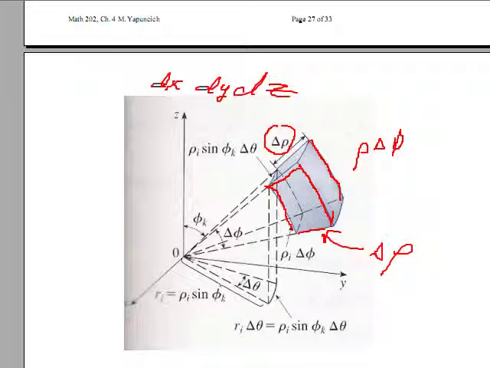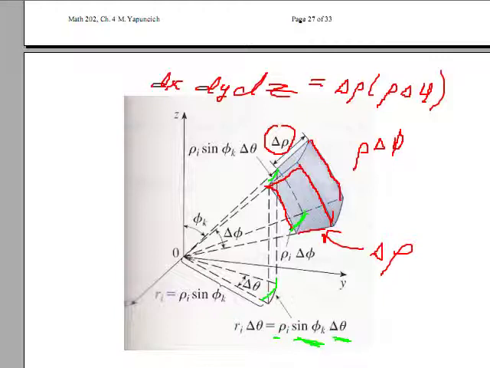So we have delta rho, that's for the change in radius. Then we've multiplied that by rho delta phi. And now there's another piece of this volume, and that's the side, these side elements. Their lengths are obtained by projecting them onto the xy plane. To project them down, you would need sine phi, and then again you have the arc of a circle times